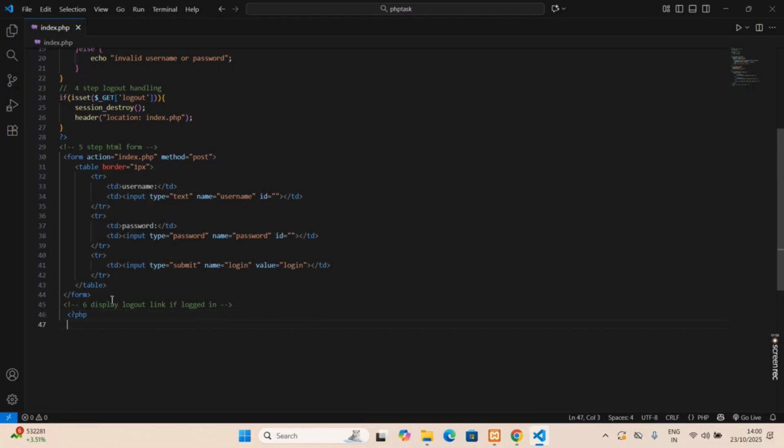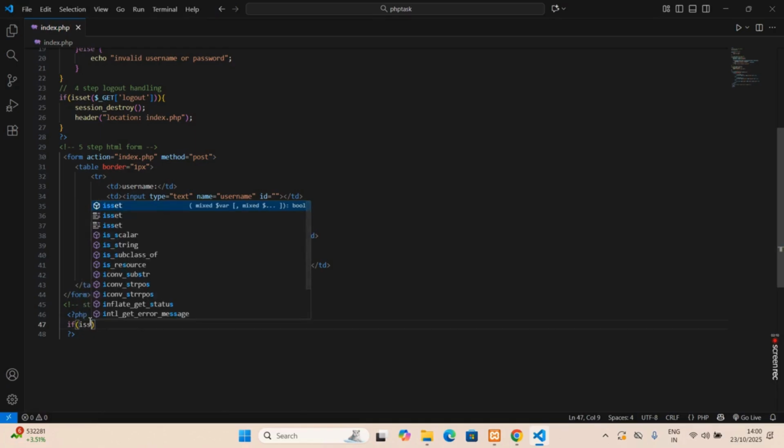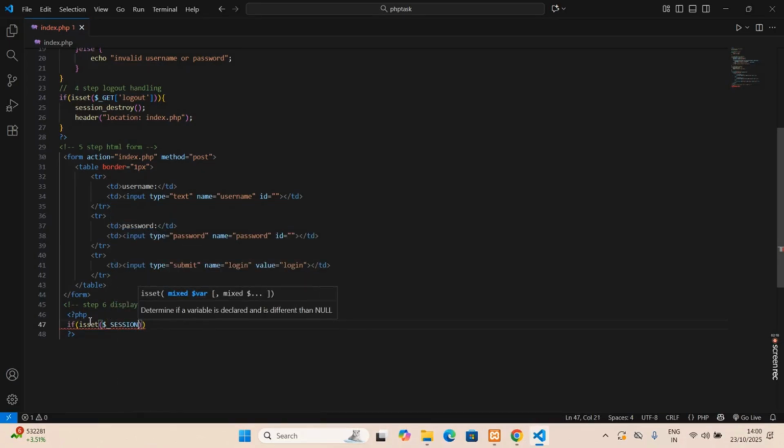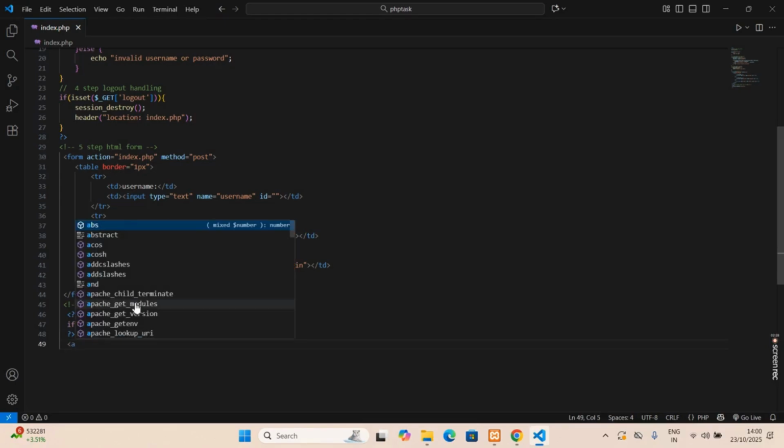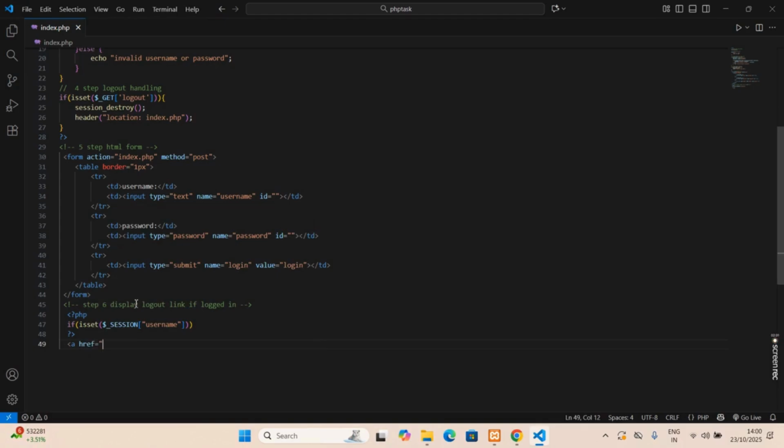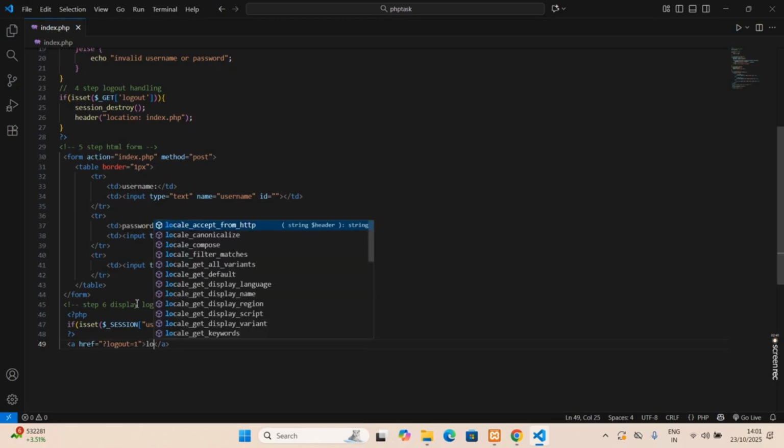PHP step 6, if isset $_SESSION username, okay, give anchor tag a href logout is equal to 1. Okay, logout